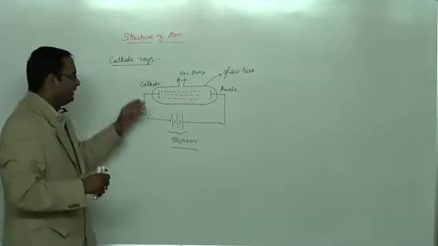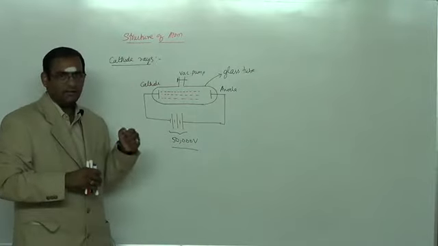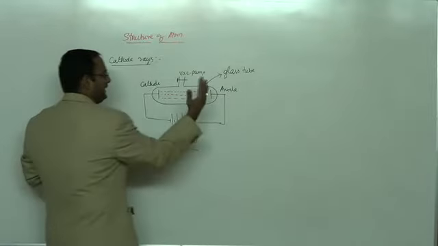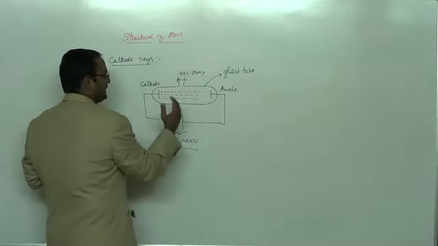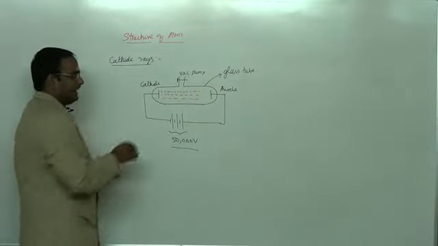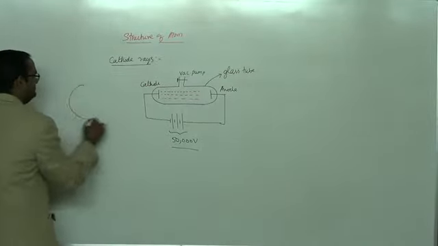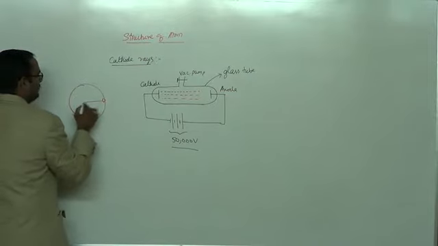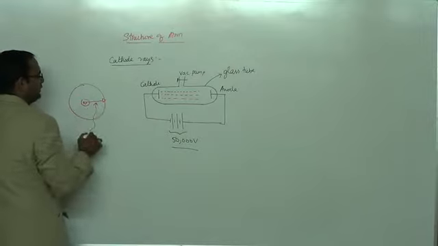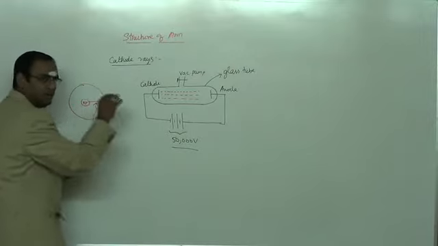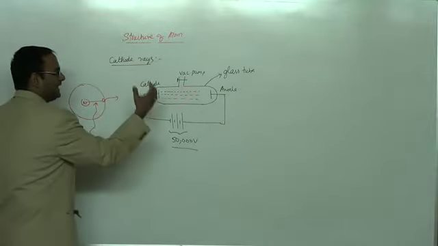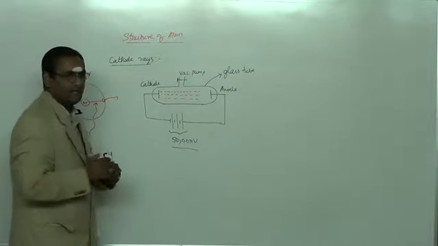So in this arrangement, if you have a very high pressure inside, the pressure of the gas will be an obstructing parameter, it will resist the liberation of electrons. Suppose I have an atom, this electron has a force of attraction to the nucleus, and we have to overcome this force of attraction so that the electron is ejected out. When the electron is ejected out, the pressure inside the system should be very low